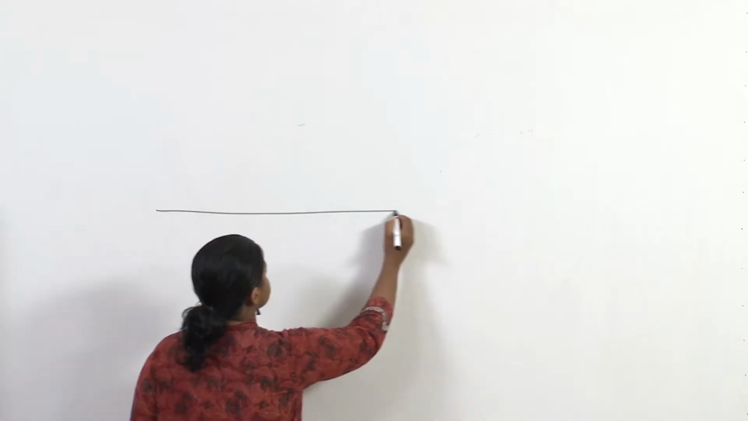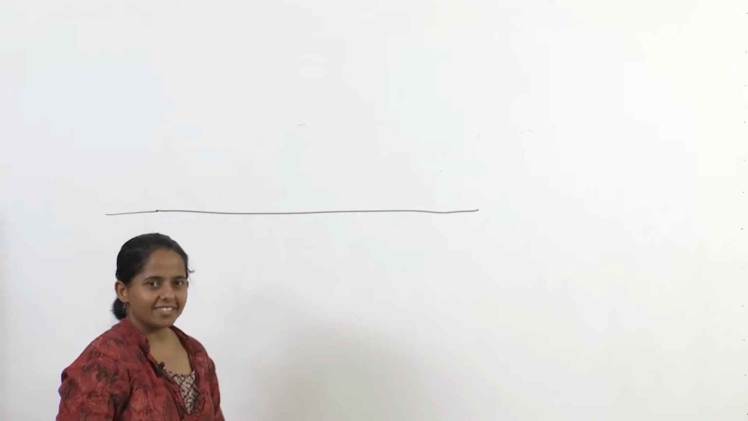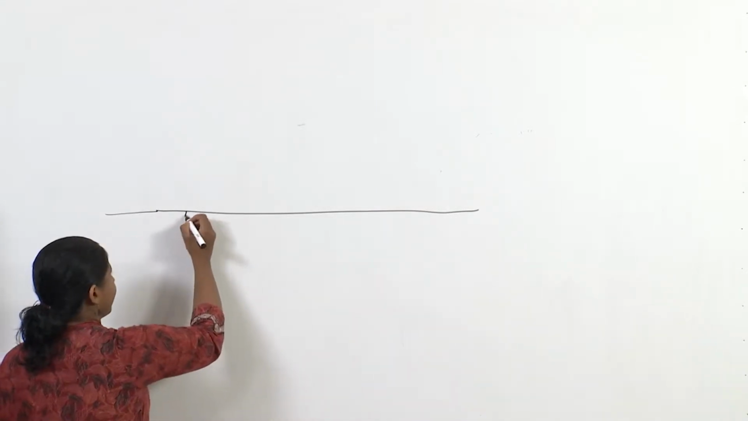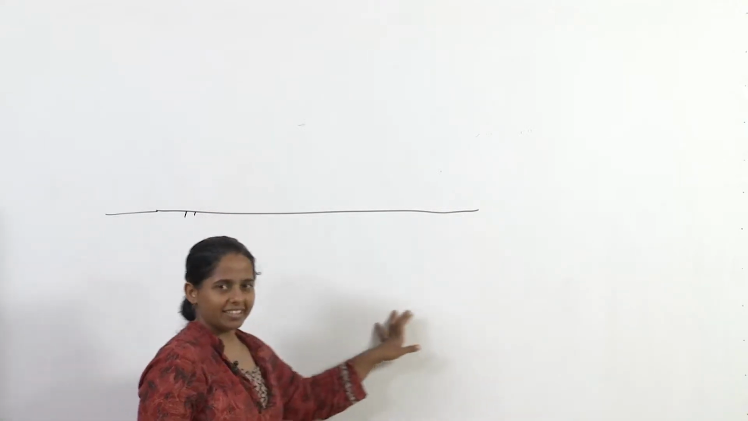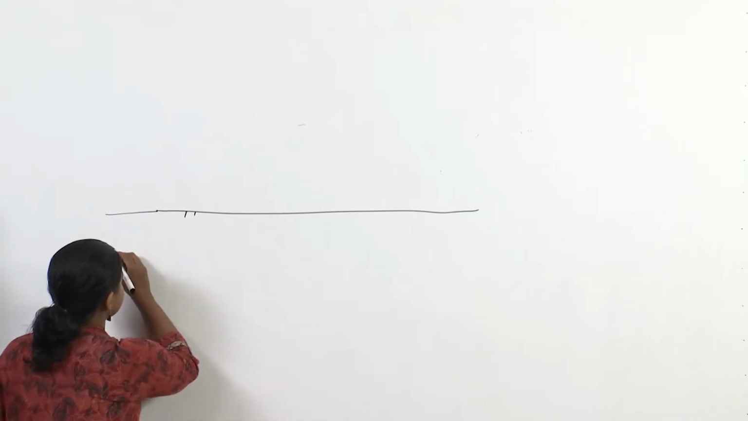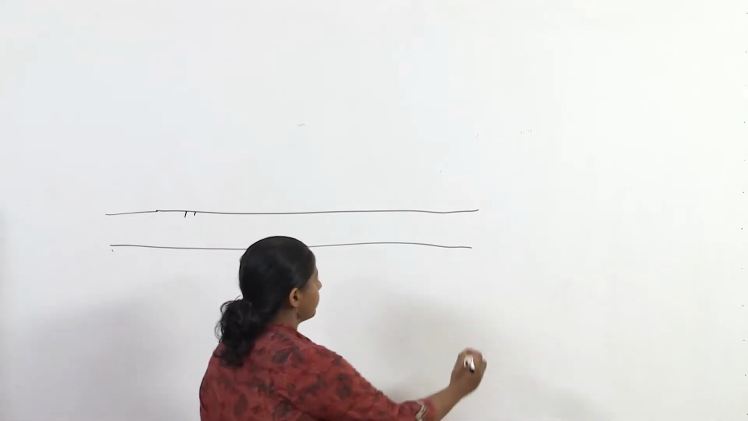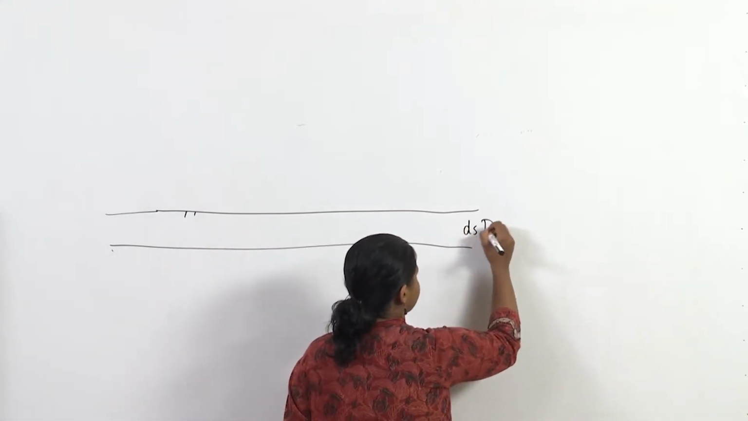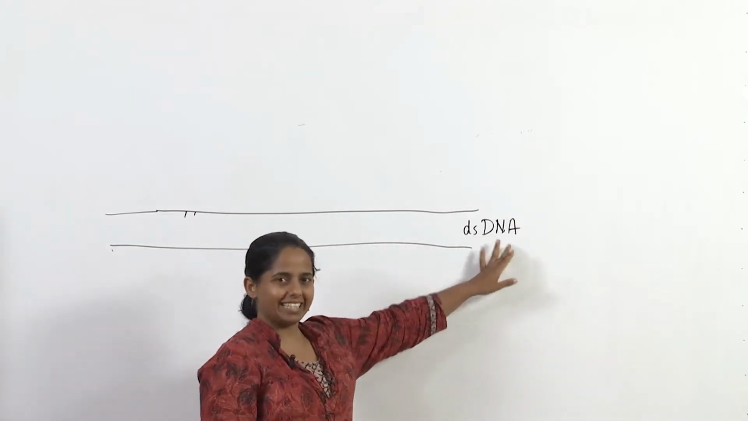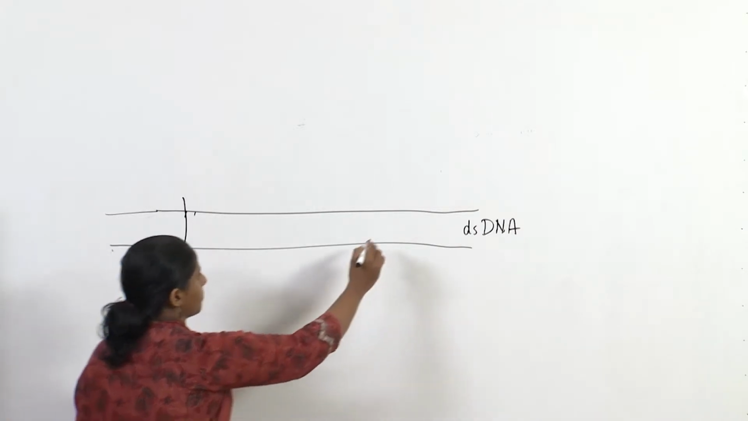Let us say this is a strand of DNA. So, this is single stranded and it has A, T, G, C in their own unique signature along it, and then there is another strand. So, now it is double stranded DNA, often written as dsDNA. Now, let us say this is the region